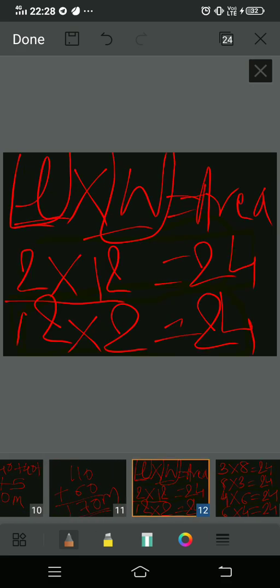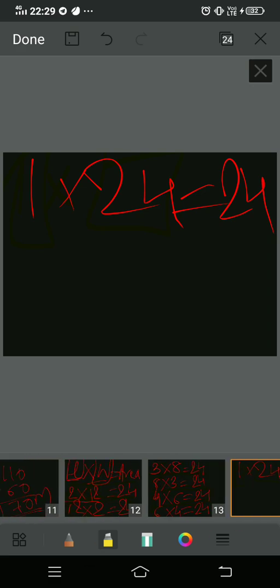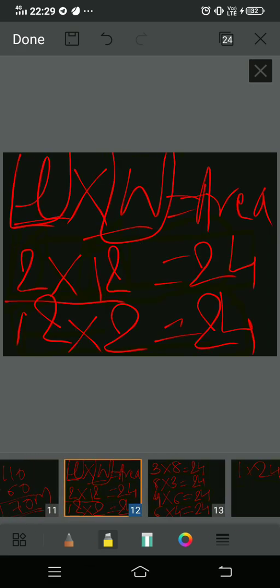So आपको दो side मिल गए children. So ये जो दो numbers हमने multiply किया है 2 and 12, these will be the side. One will be the length and one will be the width. Okay, so if you are taking 12 and 2, you can start with 1 also. So 24 will be the length and 1 will be the width. Okay, you have got the two sides now है ना. So how do we find the area? I'm explaining again. How do we find the area?